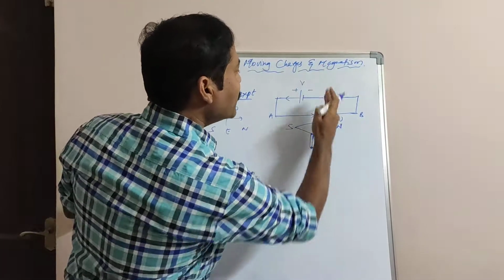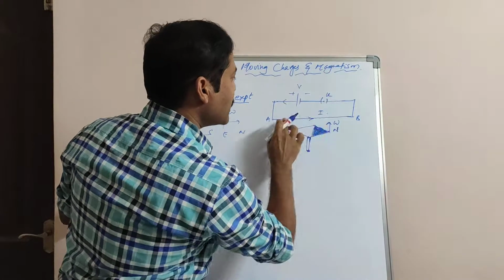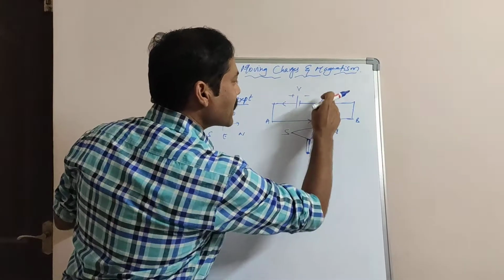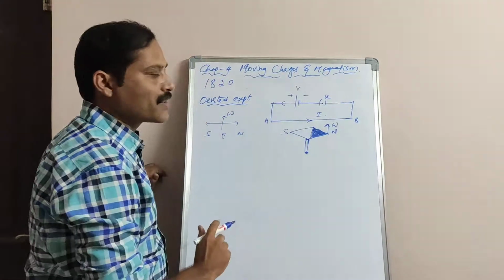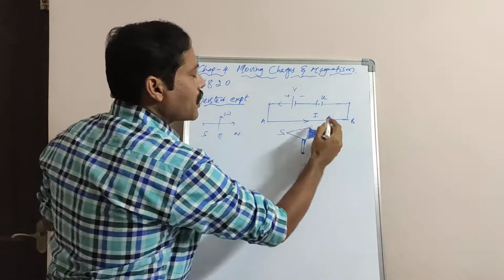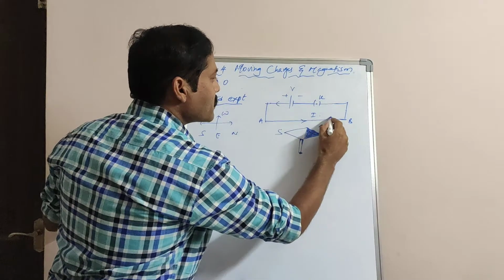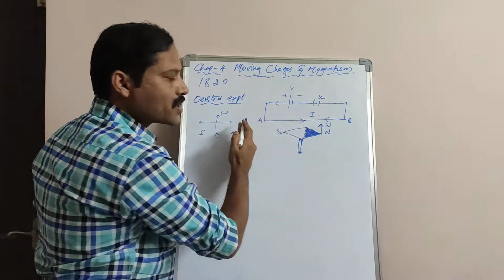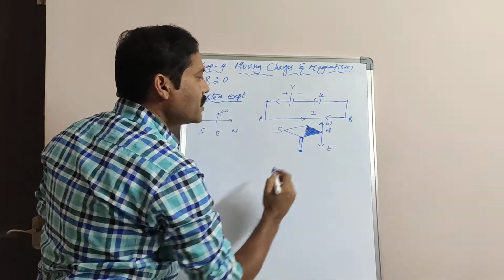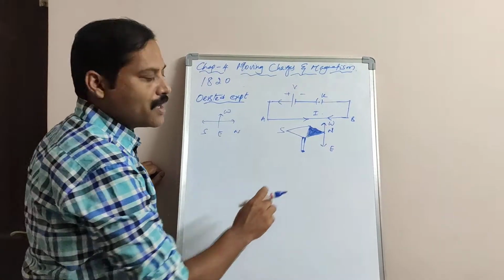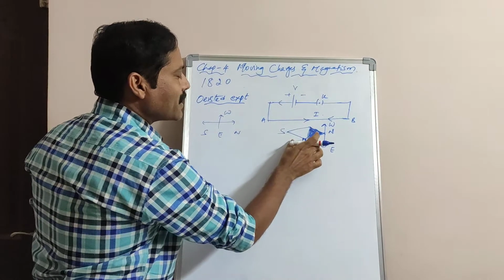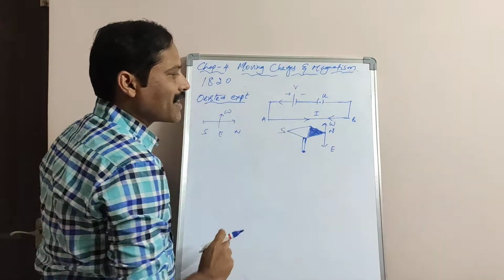This indicates the direction of the magnetic field and this indicates the direction of the electric field. So electric fields and magnetic fields are always at right angles, perpendicular to each other. Now when the direction of the current is reversed, that is, when it moves from north to south, he observed the deflection in the north pole of the magnetic needle towards the east side. This observation was made by Oersted by placing the magnetic needle just below the current carrying conductor.